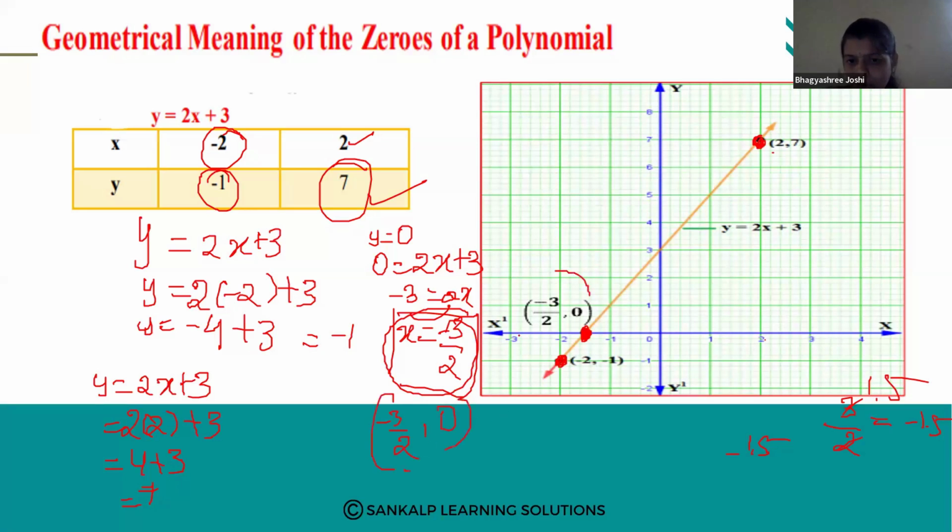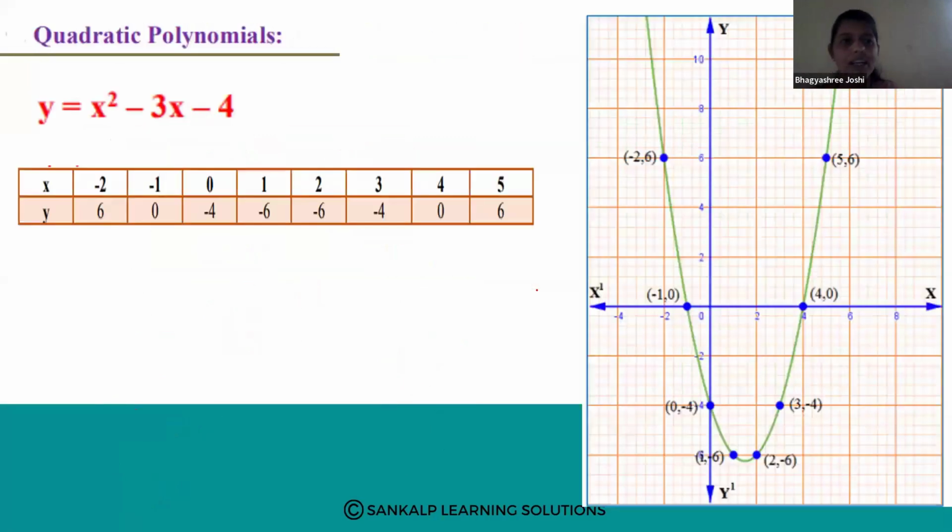So one thing is how many times it touches the x-axis, how many times it intersects the x-axis. That number of times is called the zeros of the polynomial. Only one time, 1 zero; 2 times, 2 zeros; 3 times, 3 zeros, right? Okay. So quadratic polynomial. See, in case of quadratic polynomial,